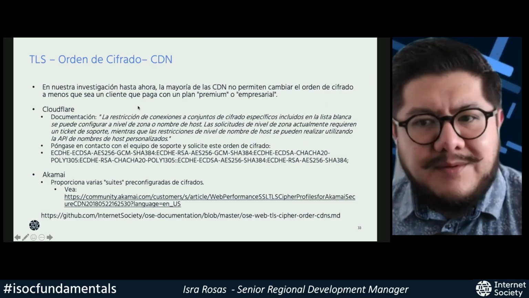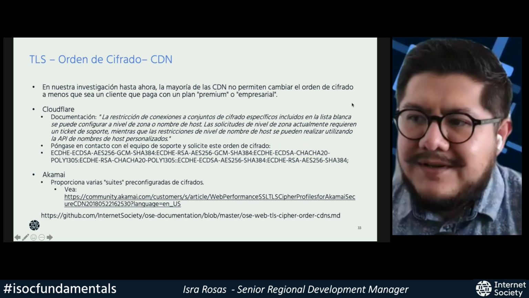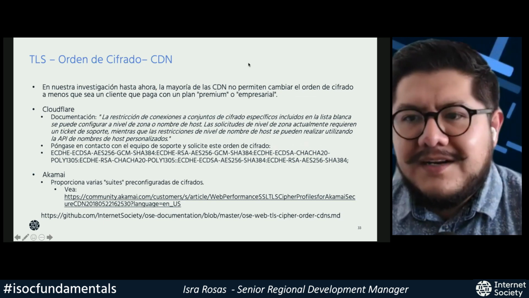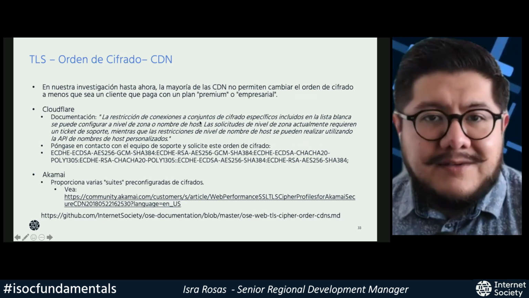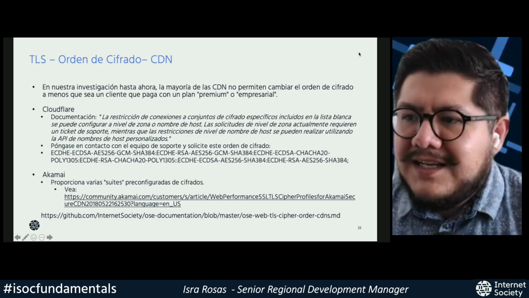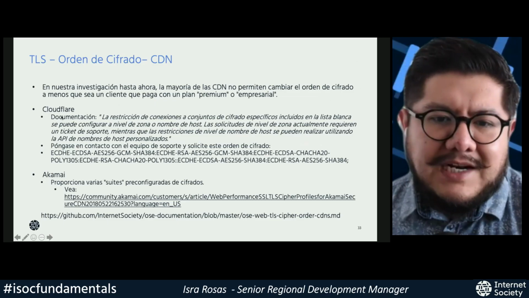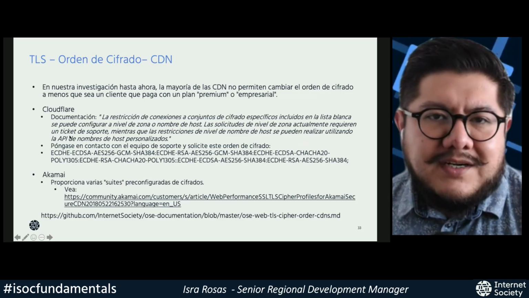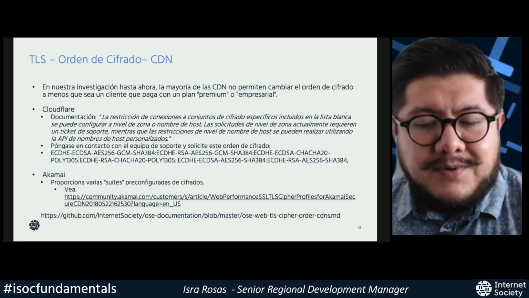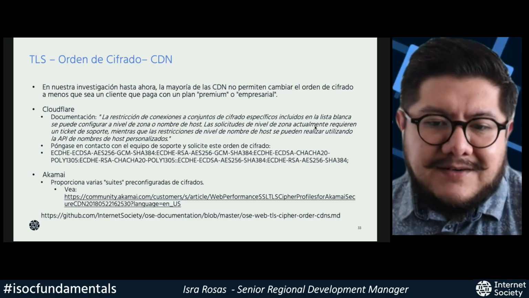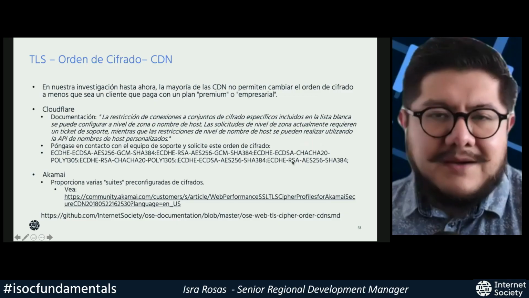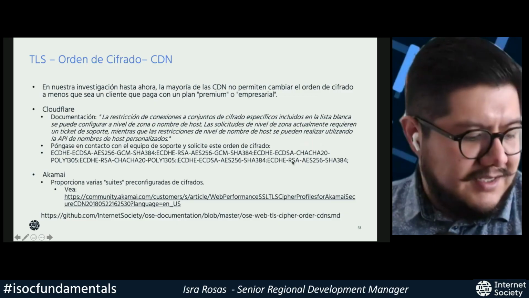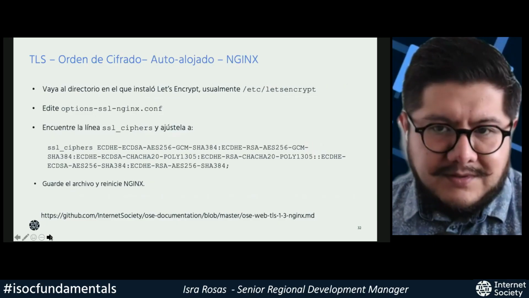Now, with regards to the use of CDNs and the cipher order, our research has shown so far that most CDNs do not allow for changing the cipher order unless you're a paying customer with a premium or enterprise plan, such as the case of Cloudflare. The documentation actually specifies how to do that. So what we recommend is for you to contact the support team and ask for this particular cipher order that we're describing.